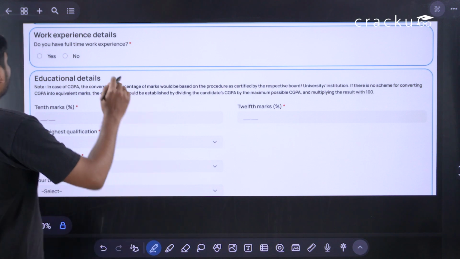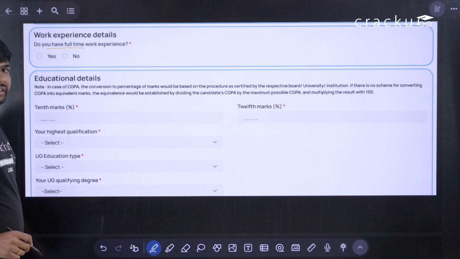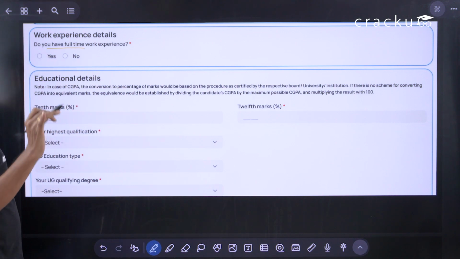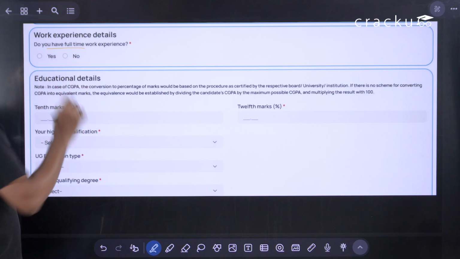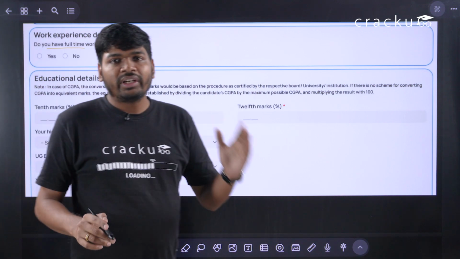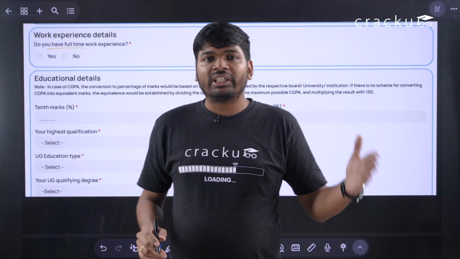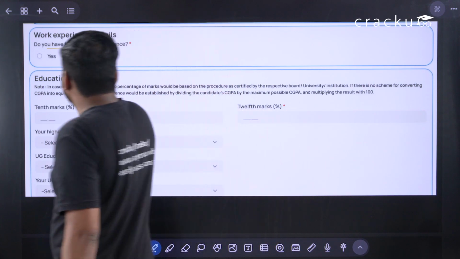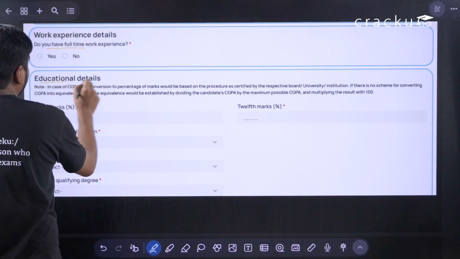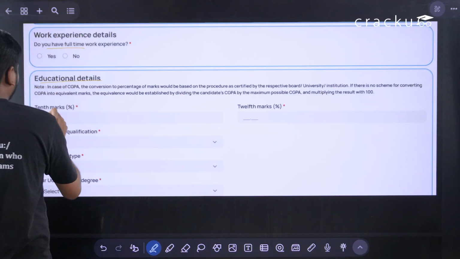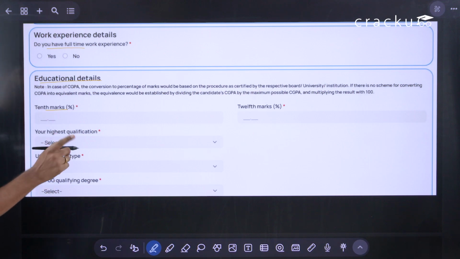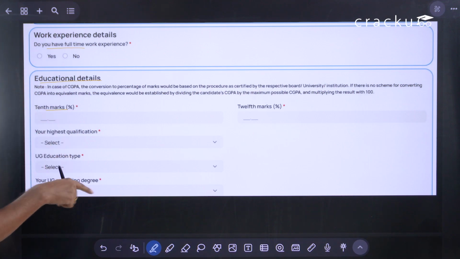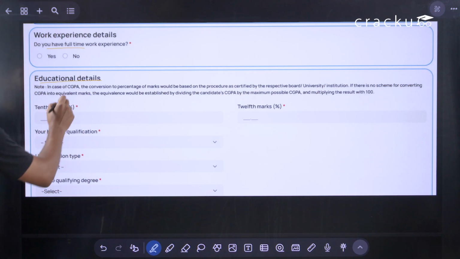If you have full-time work experience, you just click yes. If you don't have work experience, you just click no. If you click yes, you will get an option where you have to fill the details of your work experience. After that, you have to fill your educational details, your 10th percentage, how many marks you have got. If you are getting CGPA,